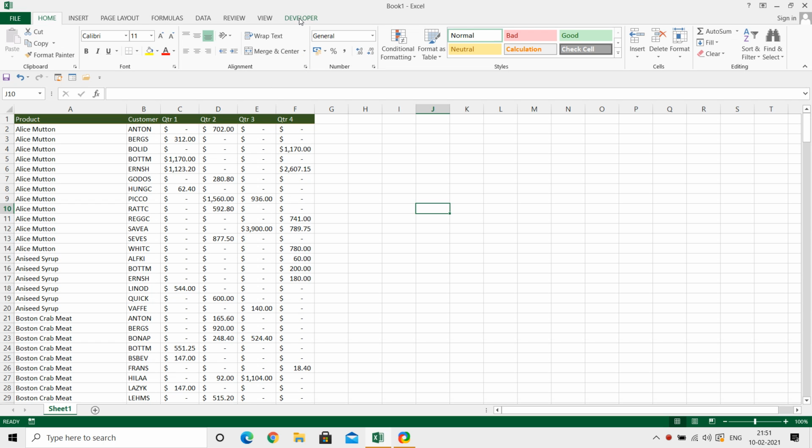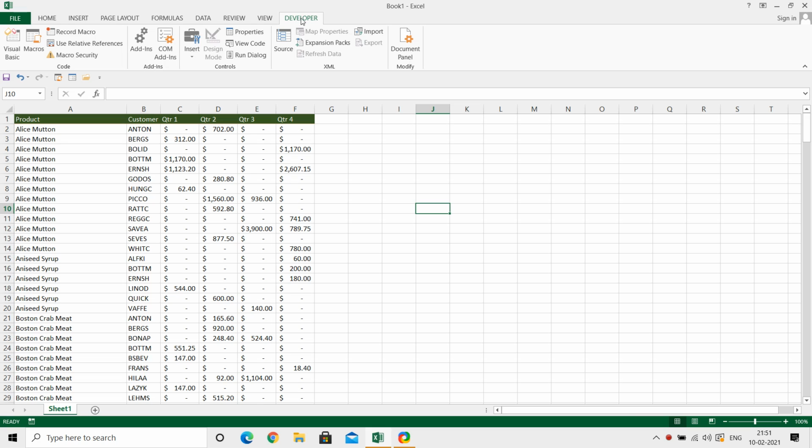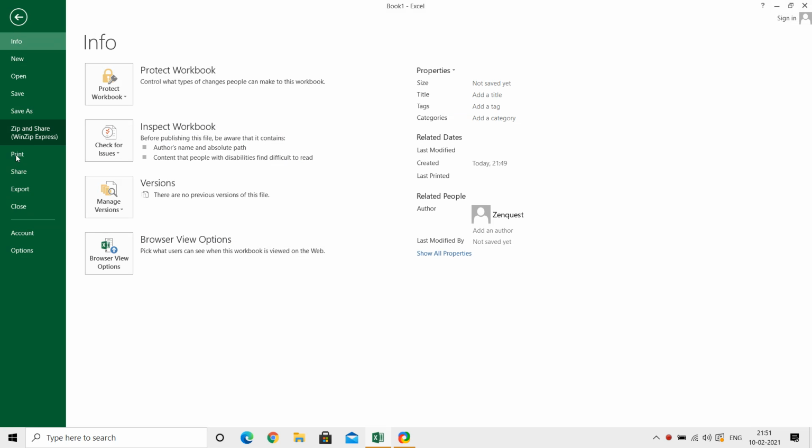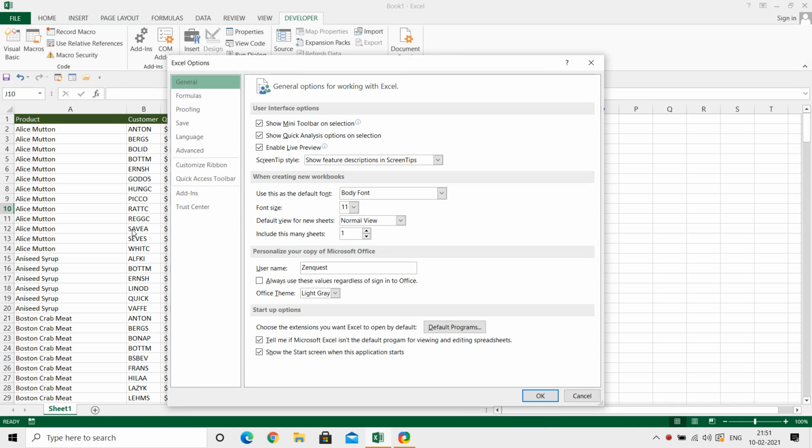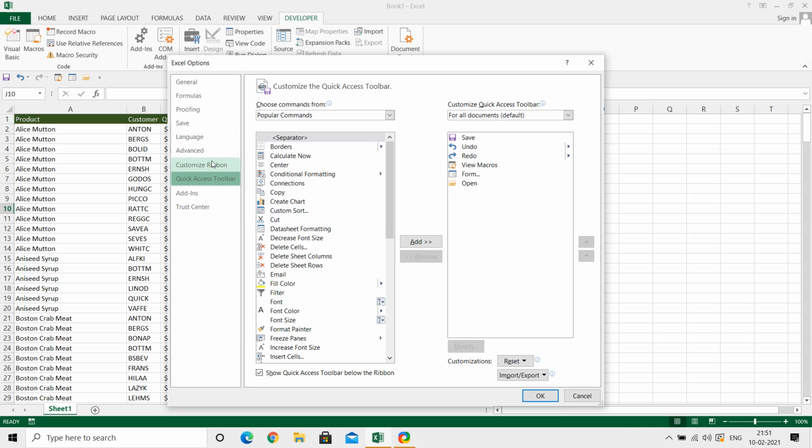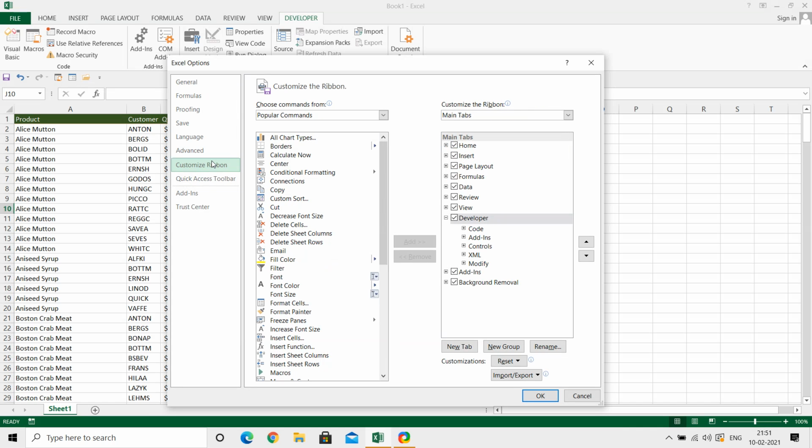First we have to select the Developer tab. If the Developer tab is not visible, you have to go to File, Options, then Customize Ribbon, and in Customize Ribbon see whether the Developer tab is ticked.